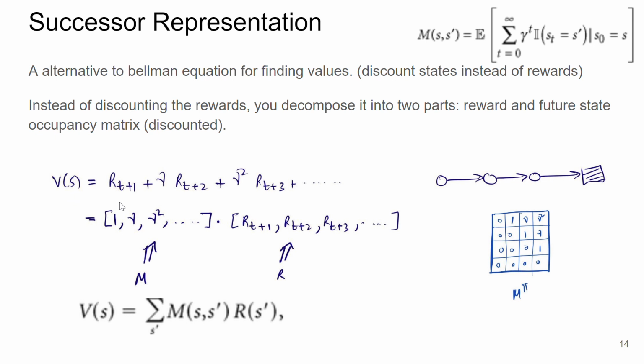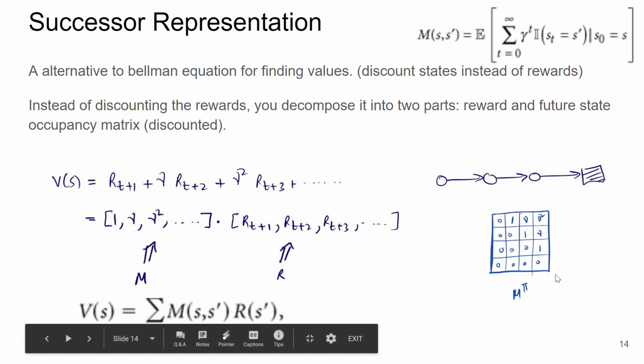So this is generally how the Bellman equation looks like, and we can reorganize this equation to write it in this specific way. We can put all the rewards in one matrix and put all the coefficients in another matrix. And this is essentially how the successor representation is doing it. So looking at a specific example of a linear chain where you start here and then you transition and then you have a terminal state, this is how your M matrix would look like.